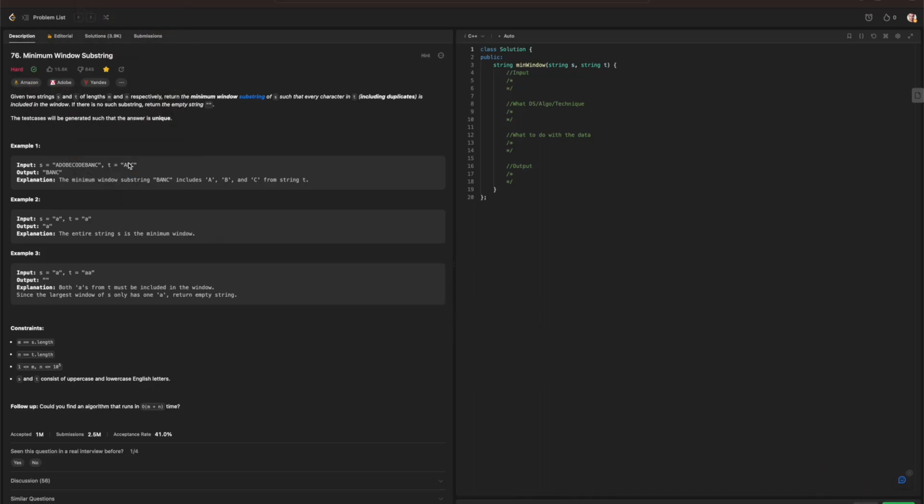Hello everyone, today we're going to be going over the Blind 75 in C++, and today we're working with the problem minimum window substring. Now, before we get started, before we break down every single problem, make sure we have these 4 questions already laid out in order for us to be able to help dissect and break down the